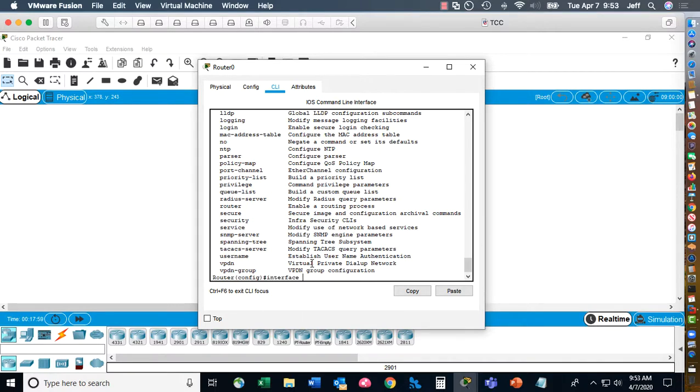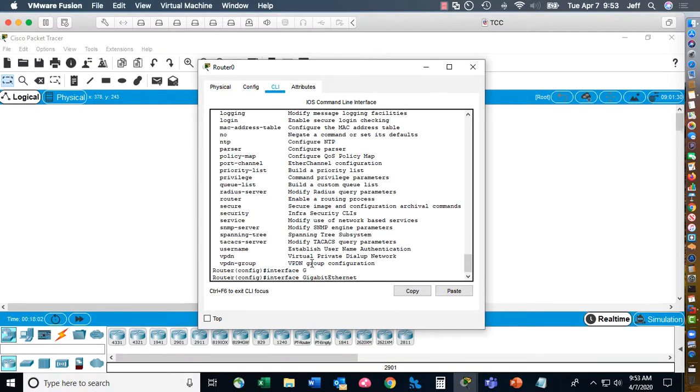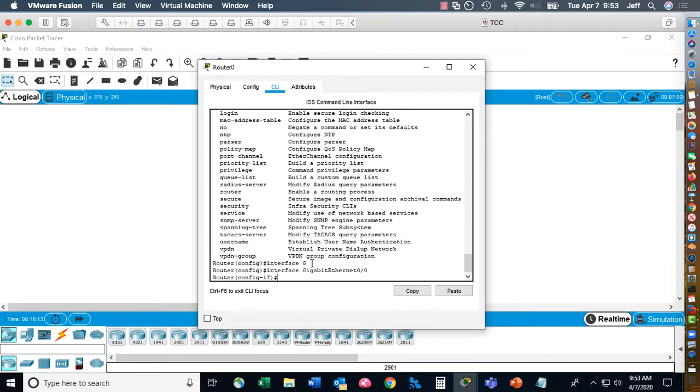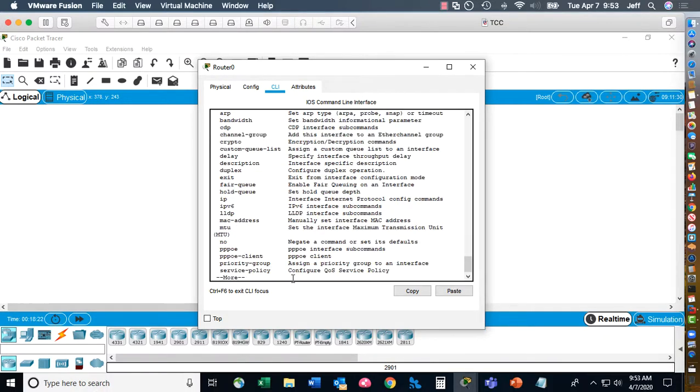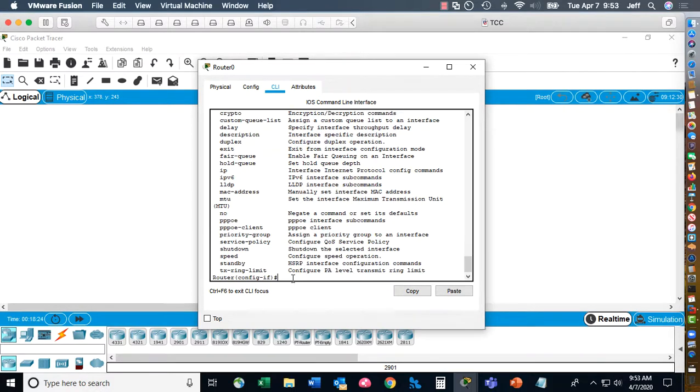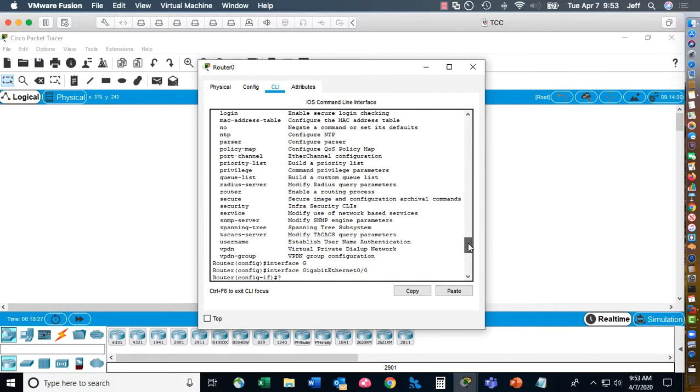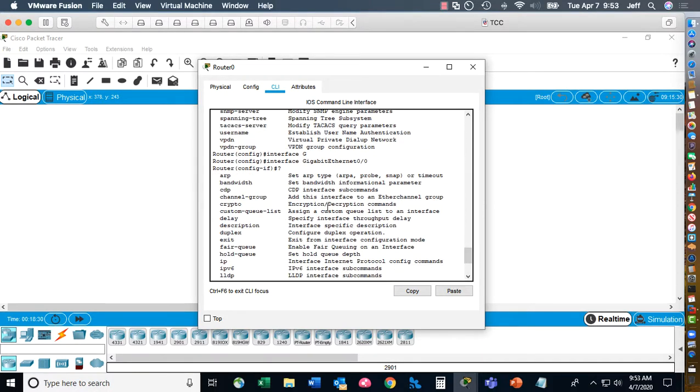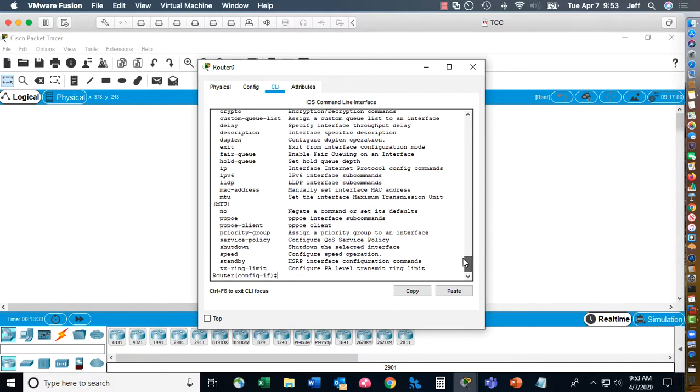So interface and gigabit. I just type the G, then hit the tab, and then it'll type in gigabit 0/0. So I'm going to the first gigabit interface on the router here, and now I'm in interface configuration mode, config-if. Then I can show with the question mark all the commands that I can do with the interface. There's quite a few, but some of the more important ones, right, is duplexing, turn duplexing on, putting